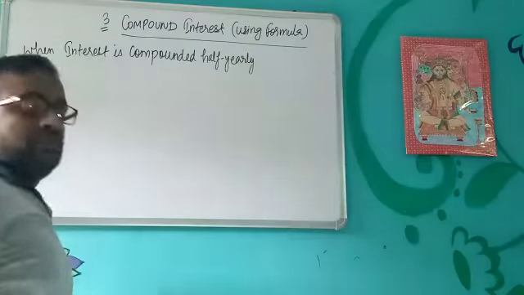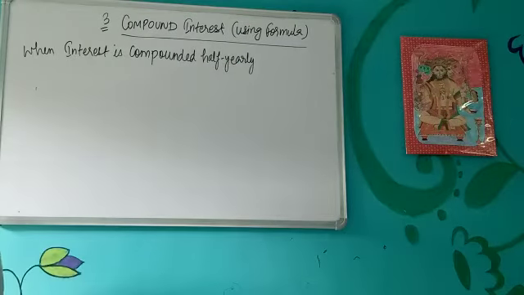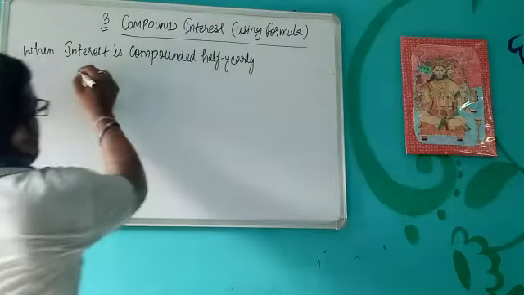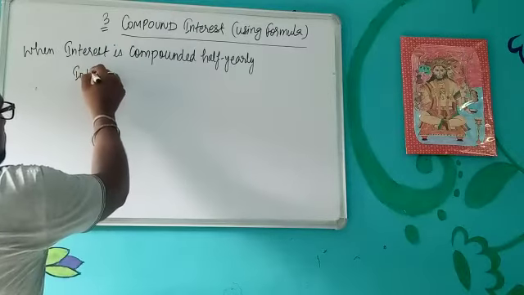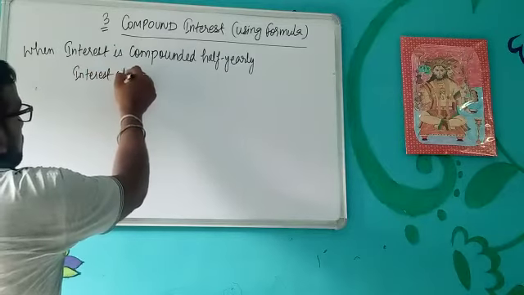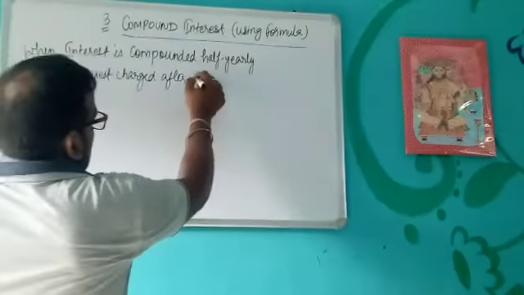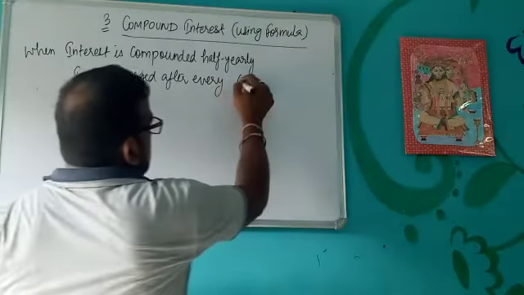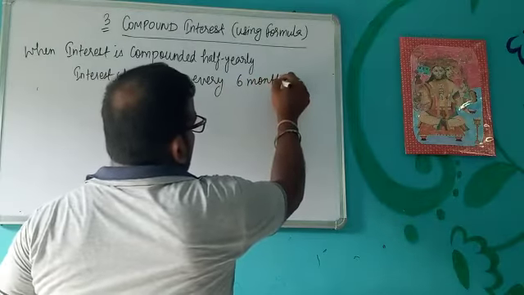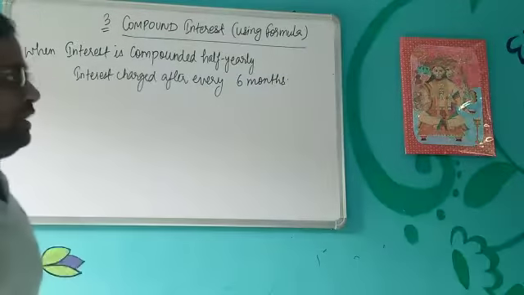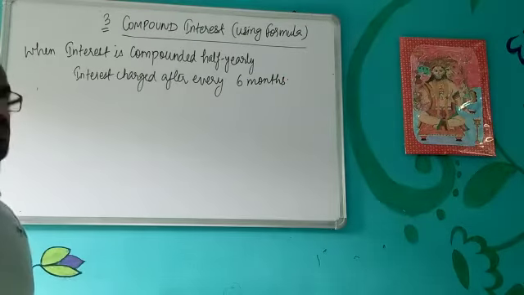So when the interest is compounded half yearly, what happens? Interest is charged after every 6 months. In case of yearly, interest is charged after every year, but in case of the